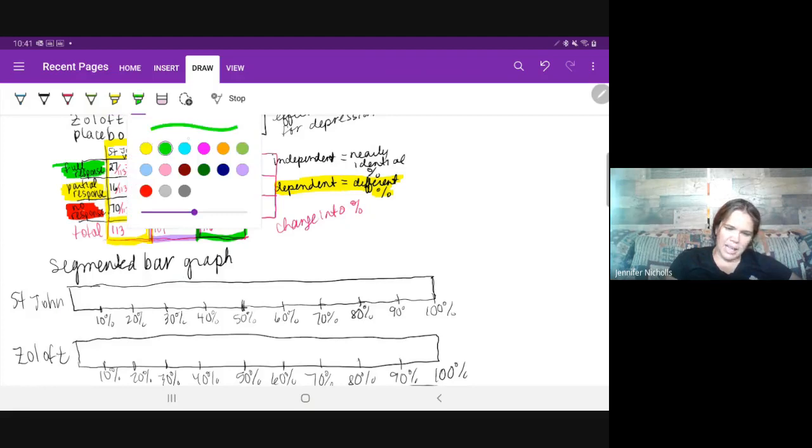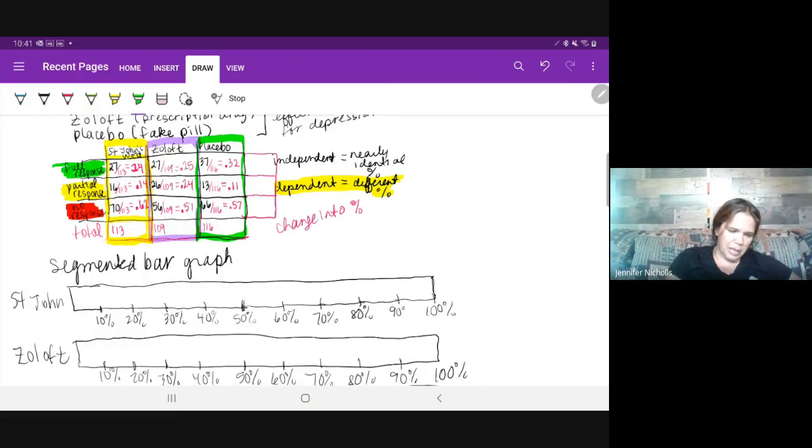And I guess for our class, for these graphs, it might be good to bring some colors when you come back on Monday. So 24%. So you're going to go to 24%. Okay. And it's kind of like a circle graph, but it's sideways instead of in a circular shape. I thought this was very creative. So they do have this in the book and in stats. So this would be full response,